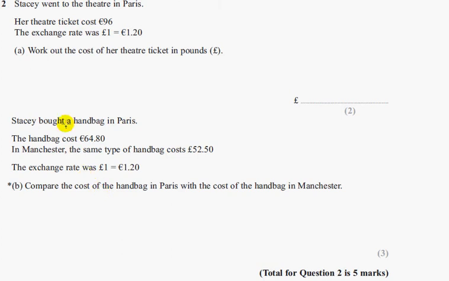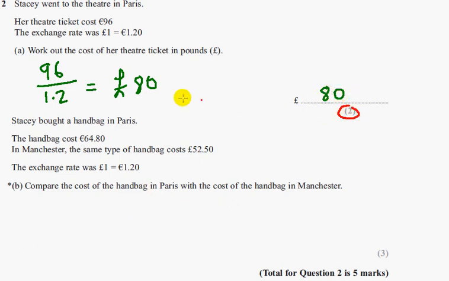So we're going to do €96 divided by €1.2. And that is, once you type it into the calculator, £80. Bang on £80. I'll write that on the line. Now this is a 2-mark question. The first one is a method mark for doing 96 divided by 1.2, and the second one is for the